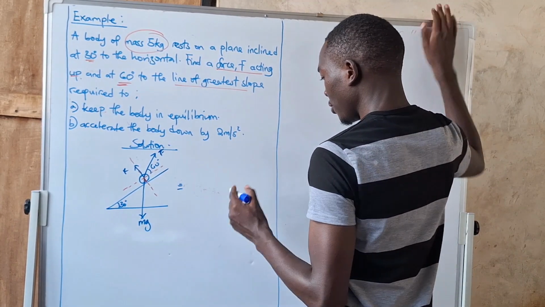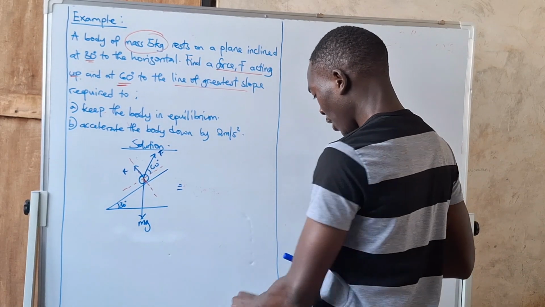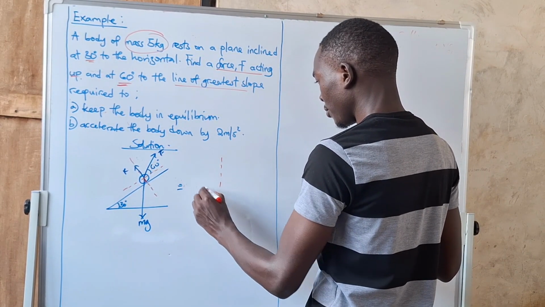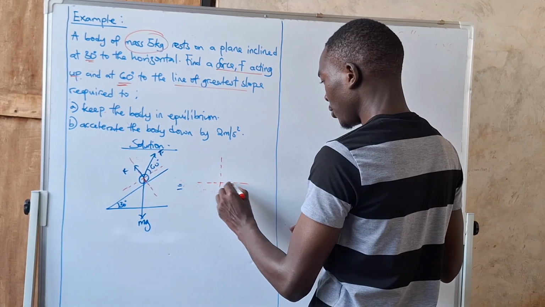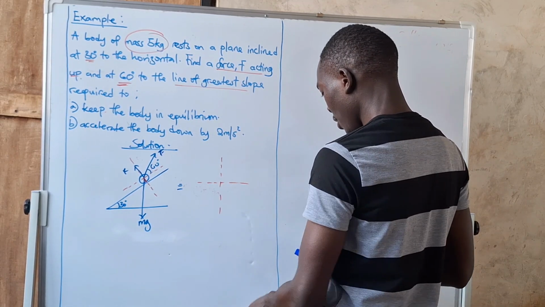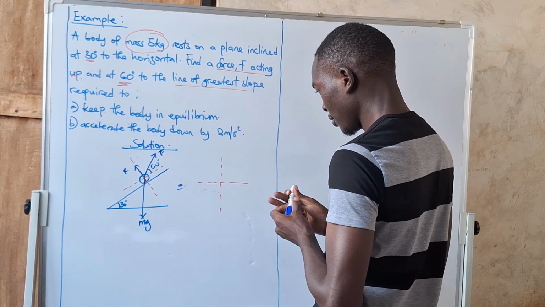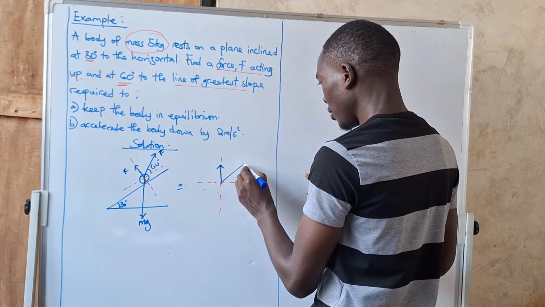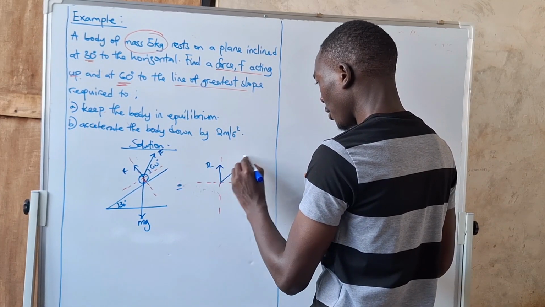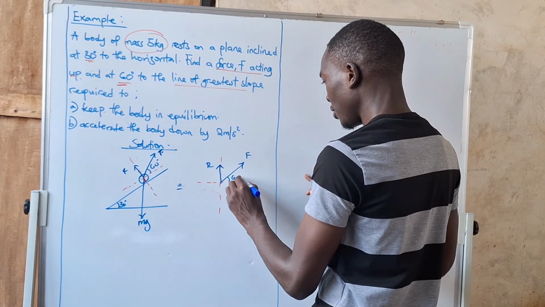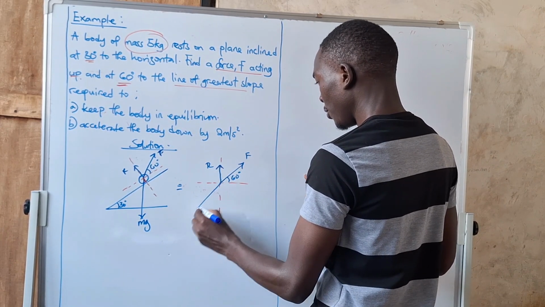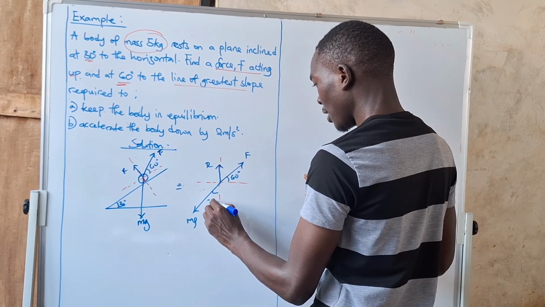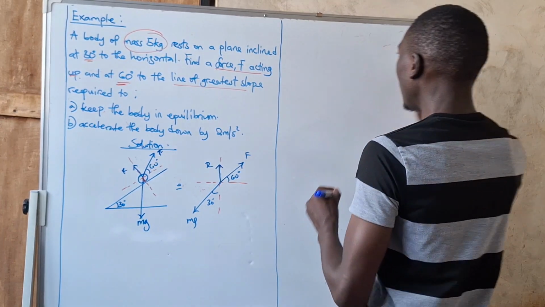So you can, of course, produce, like we have been doing, a vertical and a horizontal. Then you have your forces. You have the reaction, the force itself. This is R, F, 60 degrees. And down here you have mg at 30 degrees. Okay, so in part A,